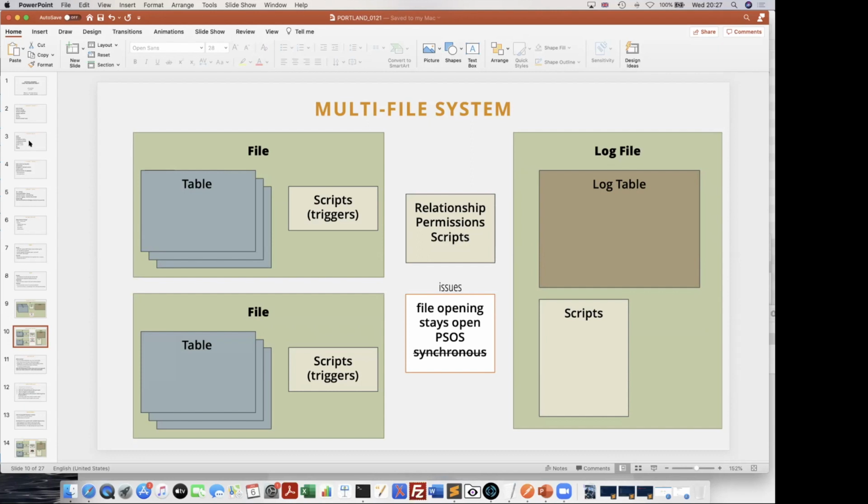But obviously, if we're doing this in a hosted environment, we could potentially look at how PSOS, Perform Script on Server, might help us with the task of doing that. So we kind of divert it somewhere else. But that has its own